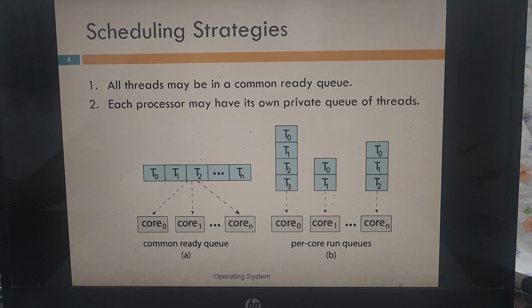Alright, so continuing with that, we're going to look at a few more things related to process scheduling. Scheduling strategies. All threads may be in a common ready queue, or each processor may have its own queue of threads. Again, this is something which happens when you have multiple processors. You can have one ready queue from which processes are picked and allocated to different CPUs, either by a master server